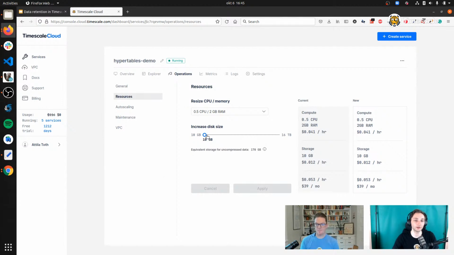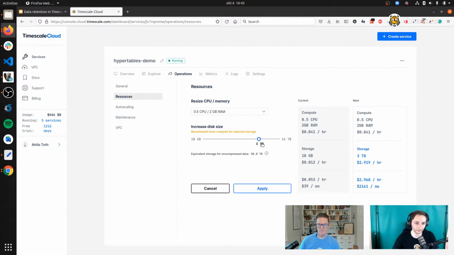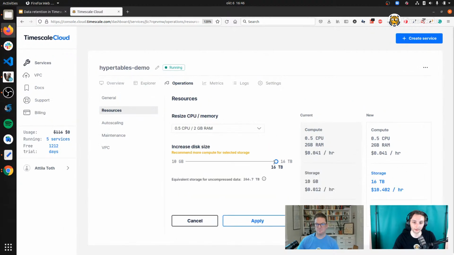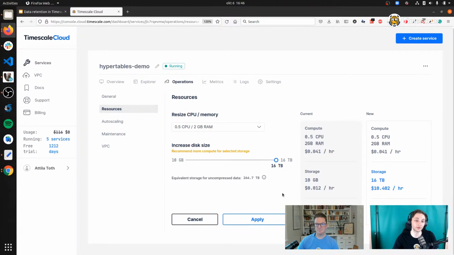One change that you notice here is that now you can have not just 9 and 10 terabytes of disk size, but also 12, 14, and 16. And the very interesting thing about this is that even only a 16 terabyte disk, let me increase the size, could be the equivalent storage for an uncompressed data of 266 terabytes,